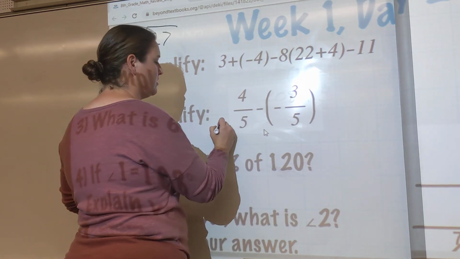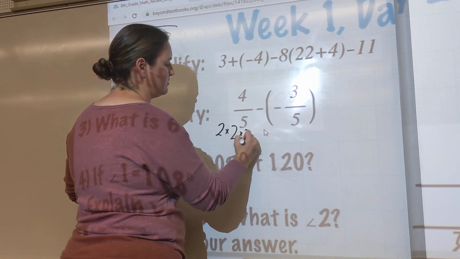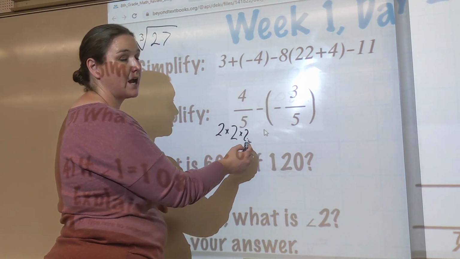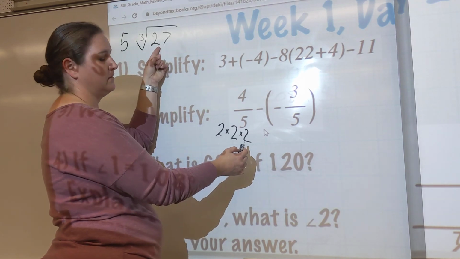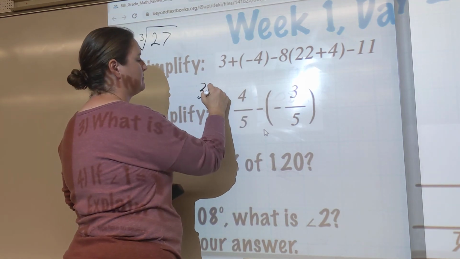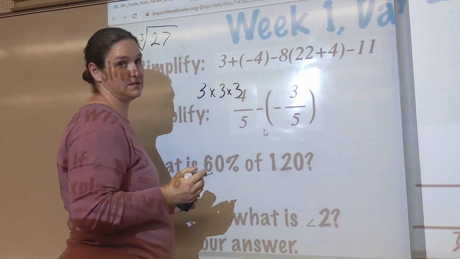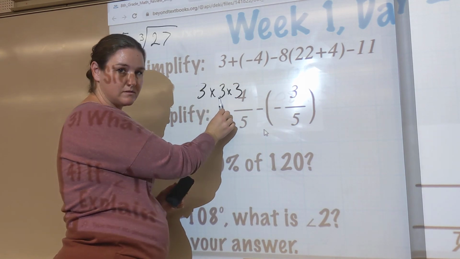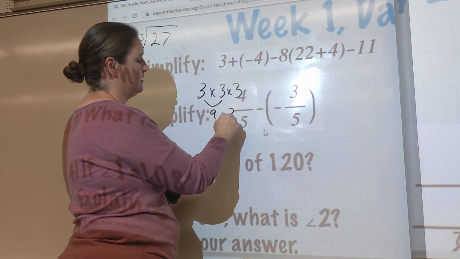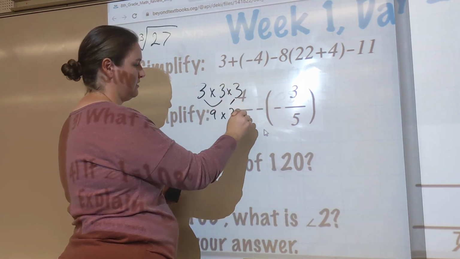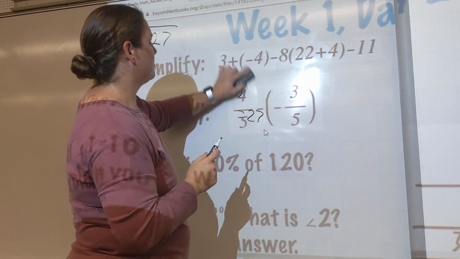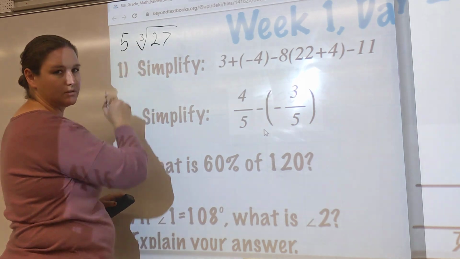If we try 2, 2 times 2 times 2, what is that? 2 times 2 equals 4. 4 times 2 equals 8. No, not that one. How about 3 times 3 times 3? What is that one? 3 times 3 equals 9. 9 times 3 equals 27. Is that what we got? Yes. So the cubed root of 27